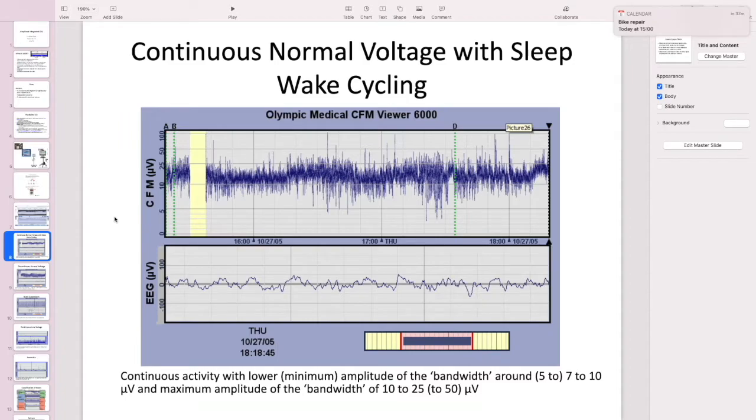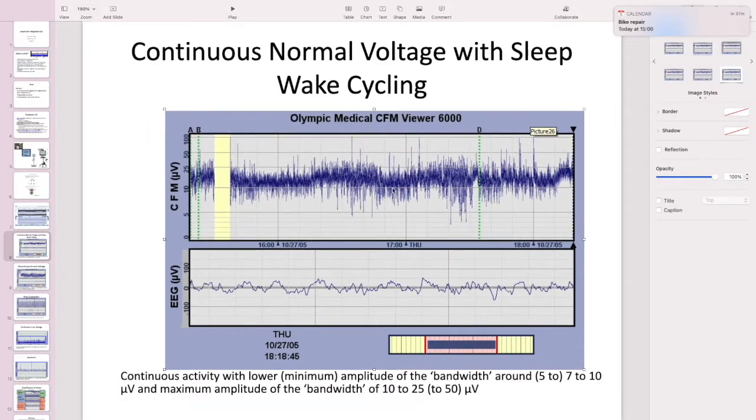So essentially, you need to first look at the amplitude. A normal amplitude is that the lower border is above 5 microvolts, which is here. So the lower border is above 5, so that's normal. The upper border is above 10 microvolts, so well above. It's continuous, so it's kind of narrow amplitude. And there's sleep-wake cycling, so there's up and down undulation, up and down. And then the raw EEG is just sort of random, no rhythmical movement. So this is a completely normal CFM, in this case in a newborn,